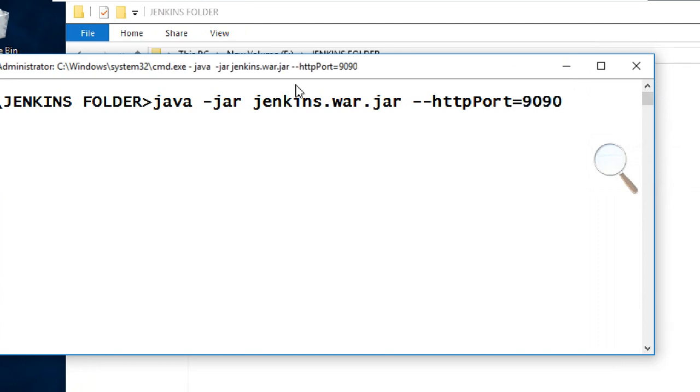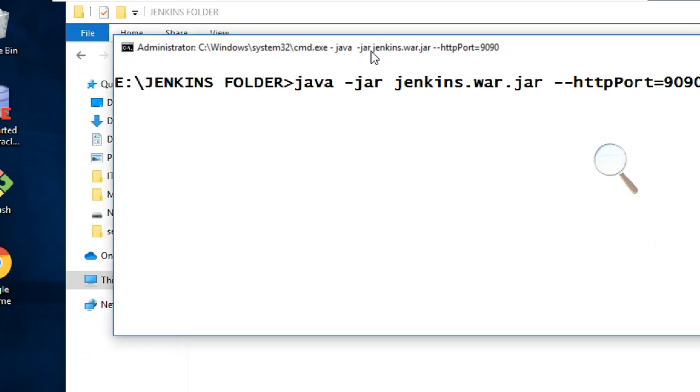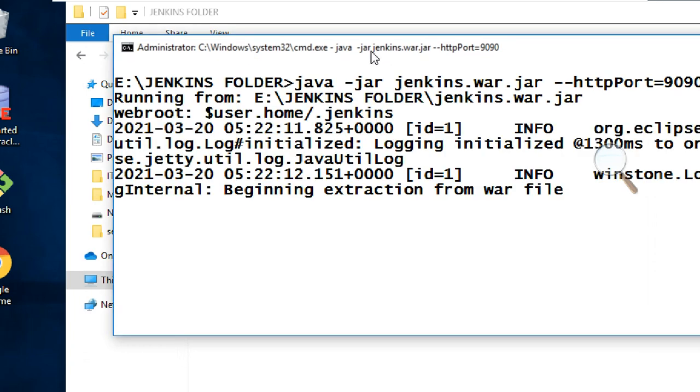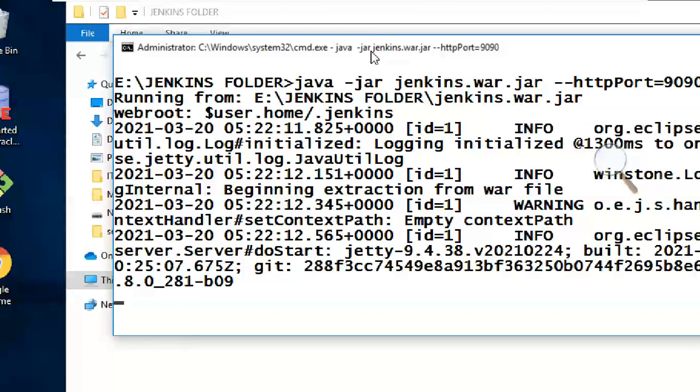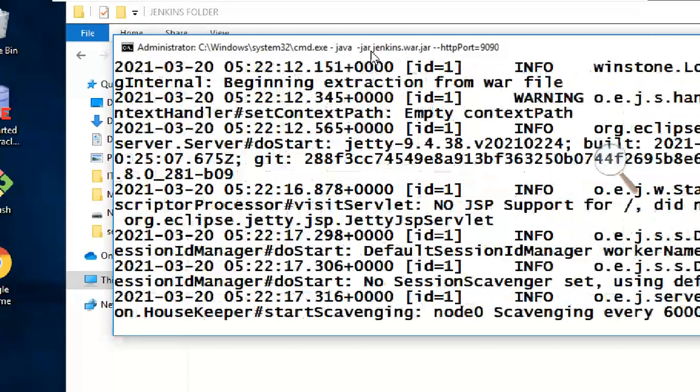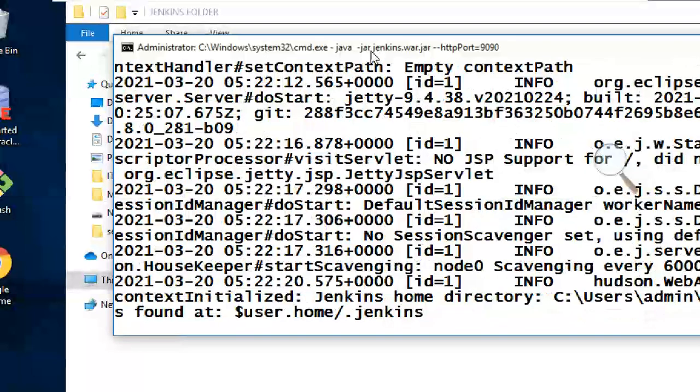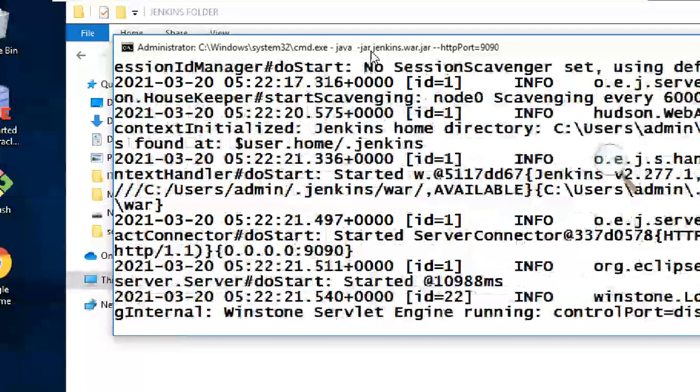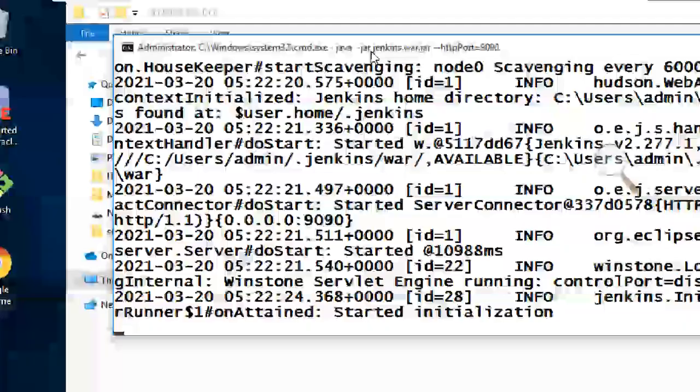We'll see what happens. It is already there in .jenkins, everything is there. The only thing is we try to open it with a different port number. We just have to wait till it shows fully up and running. Start initialization is there.